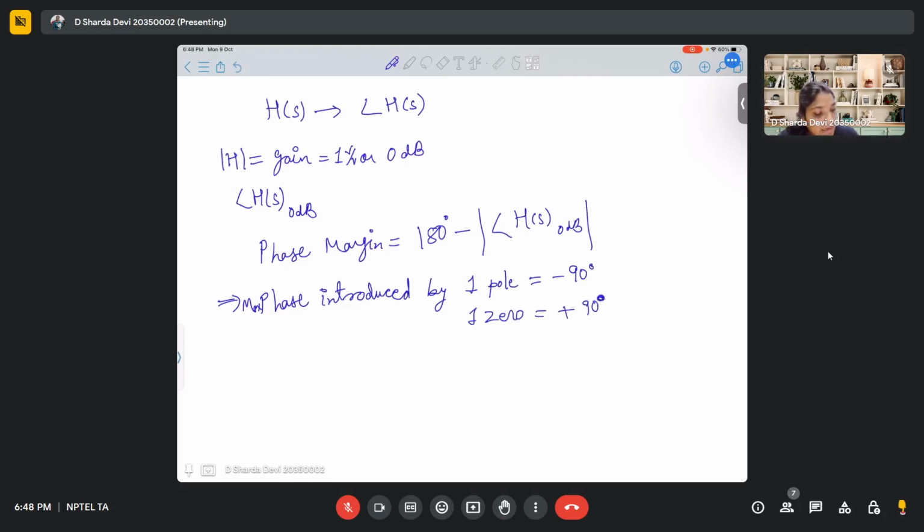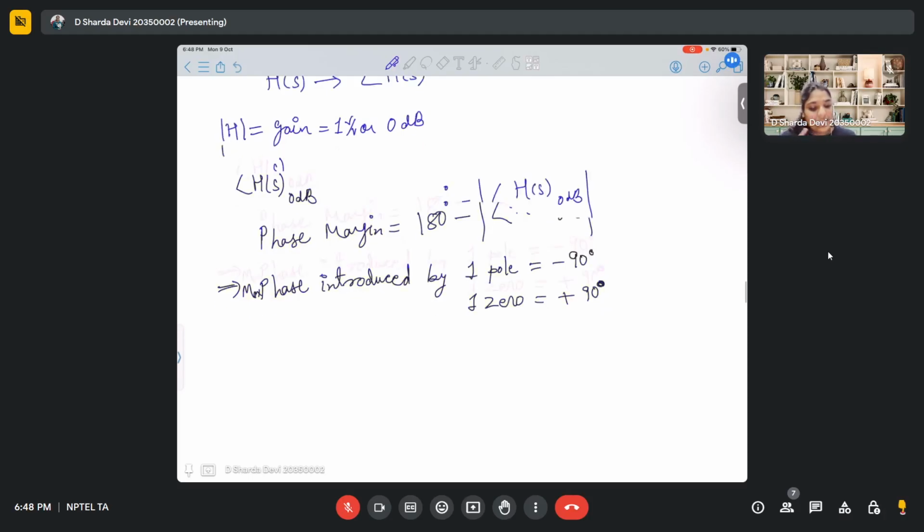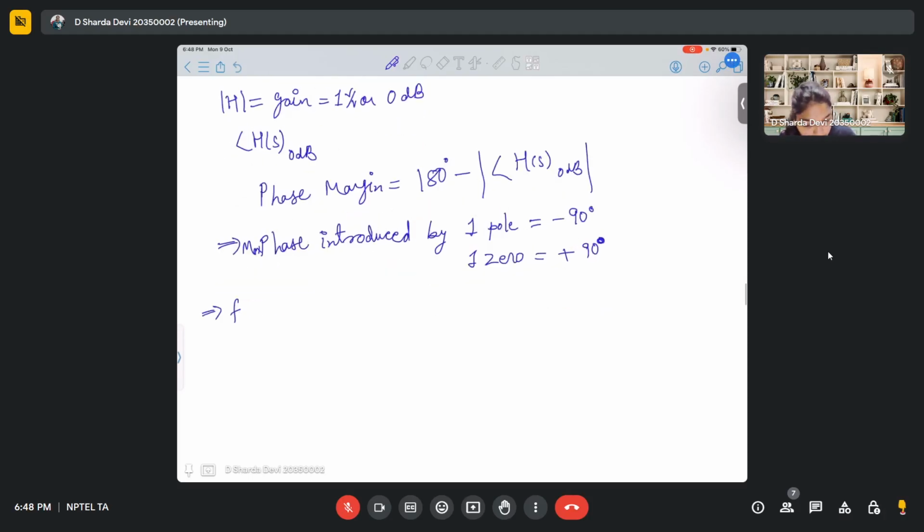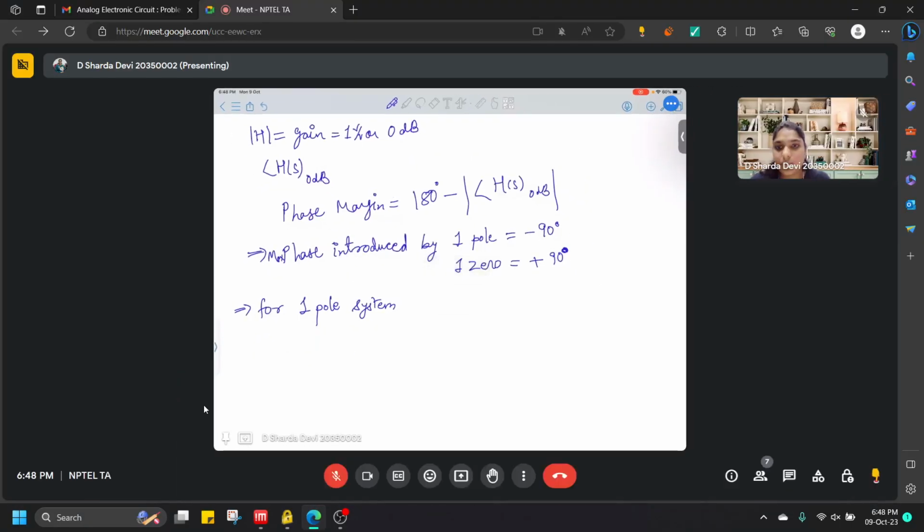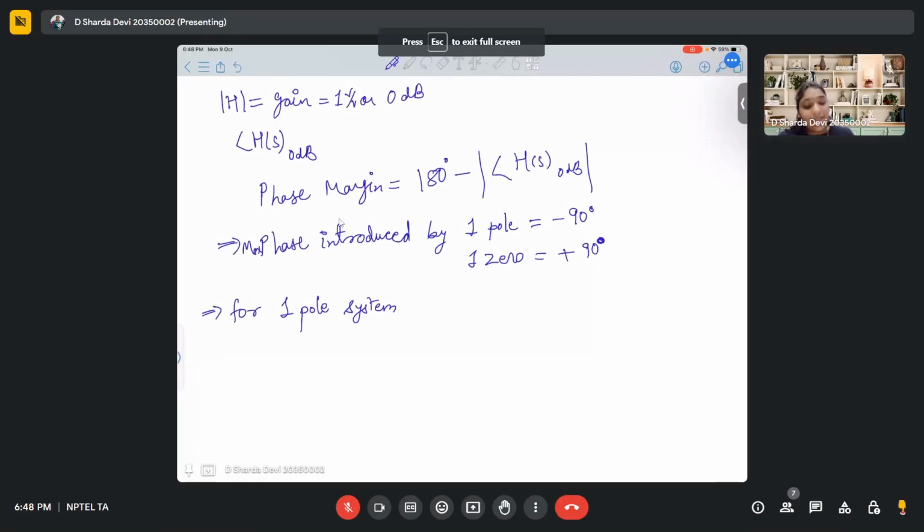Okay, now if you have a single pole system, for one pole system, since there is one single pole,